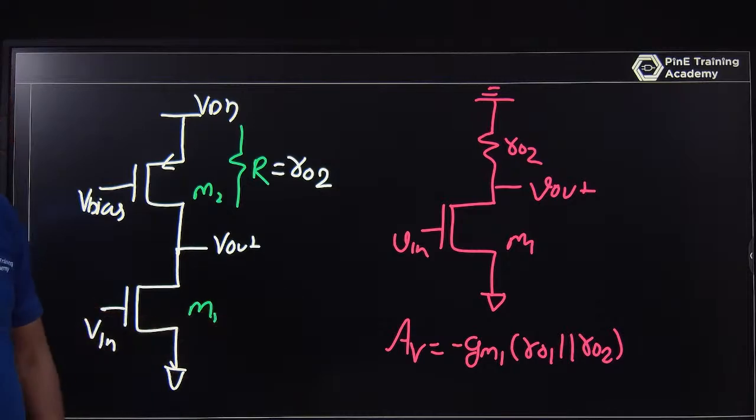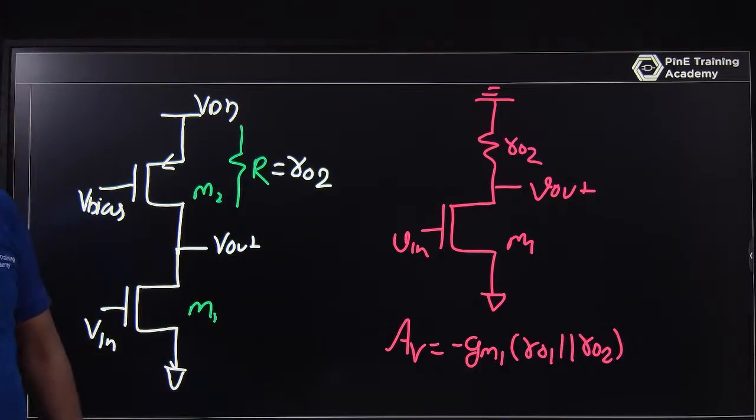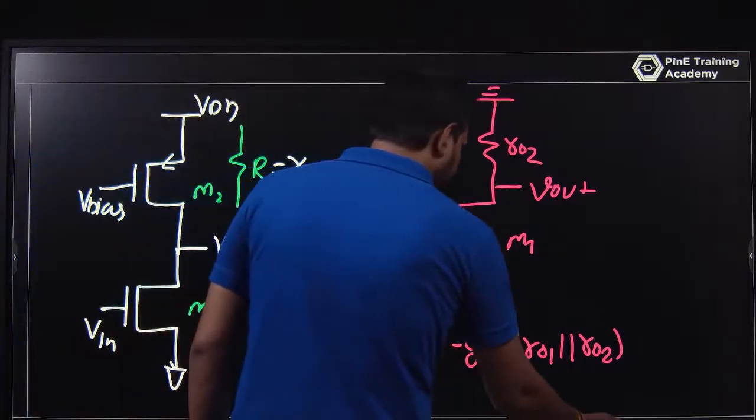Okay, this is minus GM1 times R01 parallel R02. And that R01 and R02 is a very high value, so the gain will be higher. Okay, so this is the way you can do it. Let's talk about